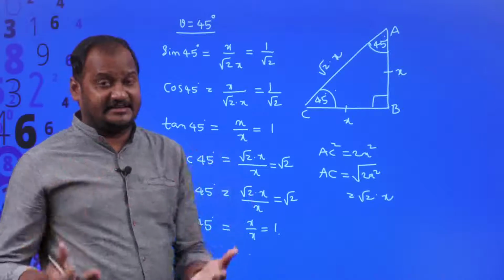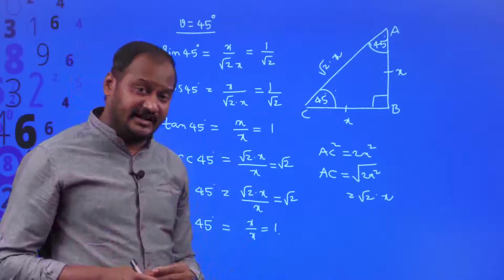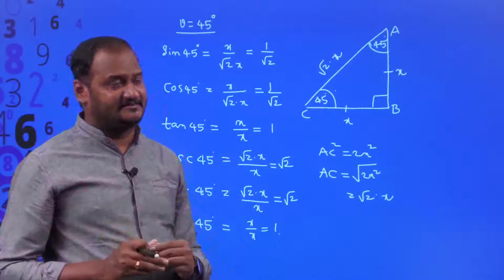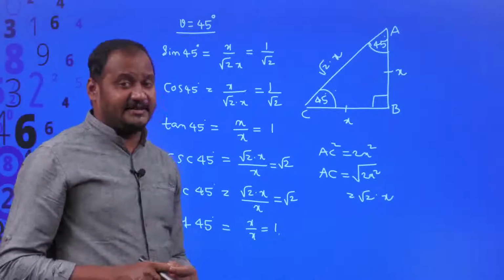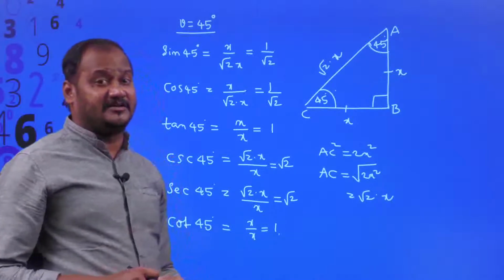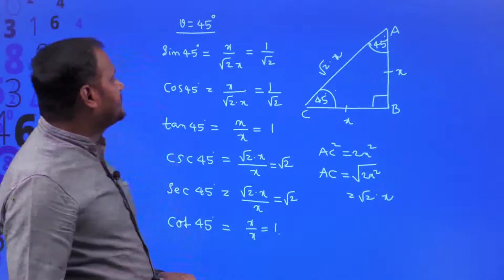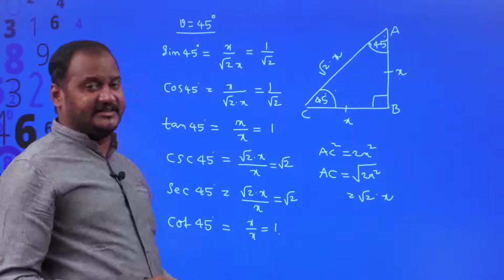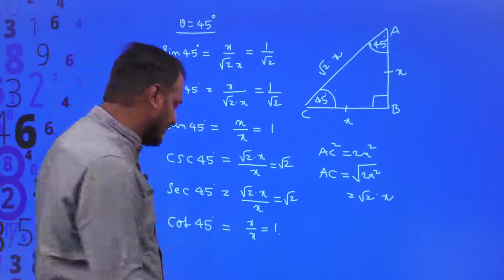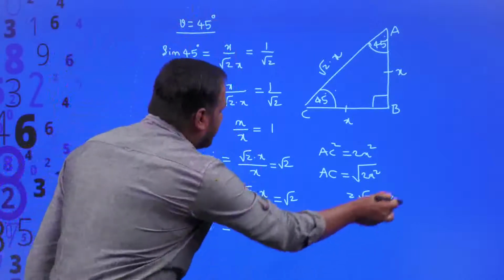Either it is a right angle triangle or a non-right angle triangle, but these angles are available as acute angles in right angle triangles. But what about 0 degrees as well as 90 degrees? Because 0 degrees and 90 degrees are not available in a triangle as acute angles. Then how do you figure out all the trigonometric ratios at theta equal to 0 degrees and at theta equal to 90 degrees? Let's have a look at that. It's really interesting. So you will have to understand how we are going to derive this.